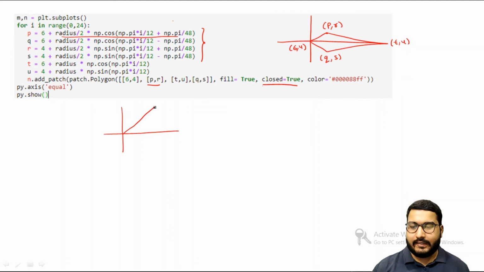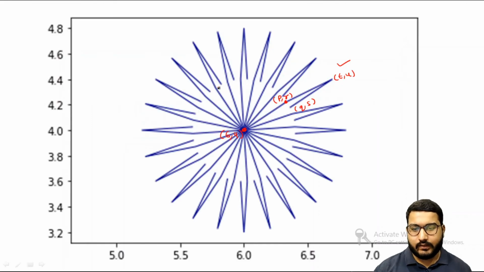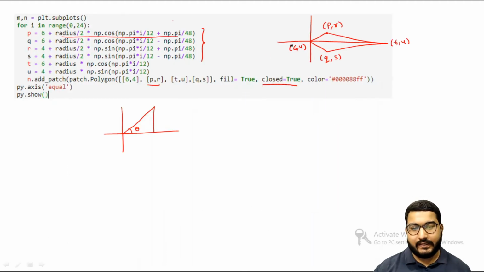So if I have a right triangle, something like this, if I have this theta, now if you look at this particular figure, this particular circle is basically your inner circle, and the radius of this particular inner circle will be r divided by 2. So basically this length is r divided by 2.